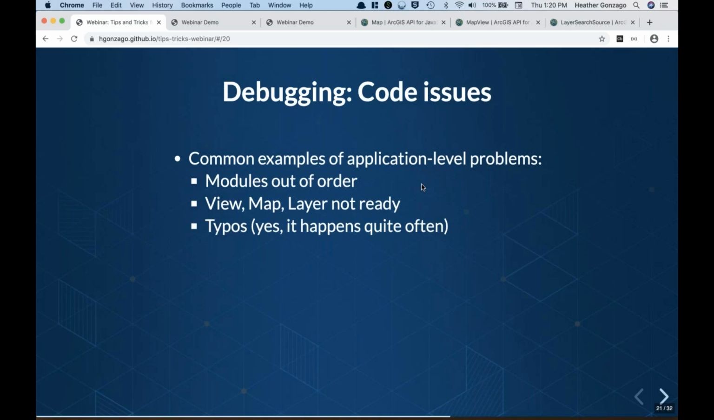And then the last one, it seems so basic, but it really does happen a lot. Typos can trip up even the most experienced developer. Now, though, Kelly did show you some of the tricks in the developer tools, like the code assist and the IntelliSense. So having typos, hopefully, should get caught when you're actually writing out the code, but sometimes